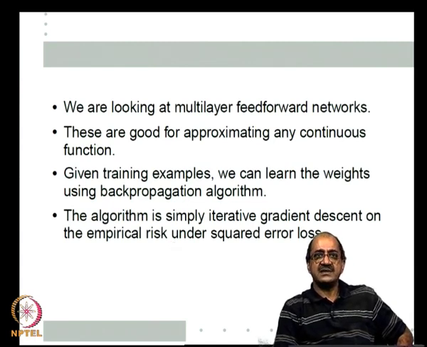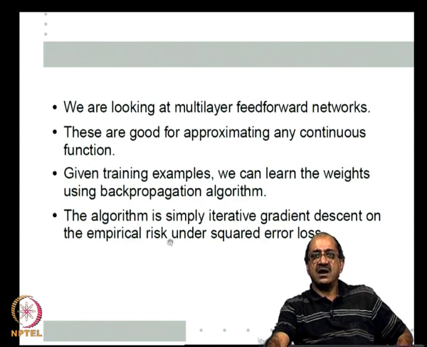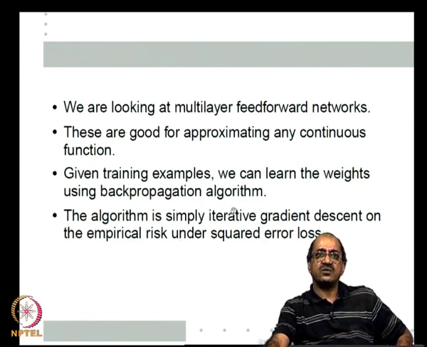The function we are optimizing, actually minimizing, is the sum of squared error, that is the empirical risk under the squared error loss function. By that I mean, for each input pattern, I calculate the network output and the desired output, take the difference, and square it. We sum it over all the training patterns. This will be some function of the weights in the network, and we are minimizing this. We are doing gradient descent of this function to find the optimal weights, so we are trying to find weights to minimize the squared error.